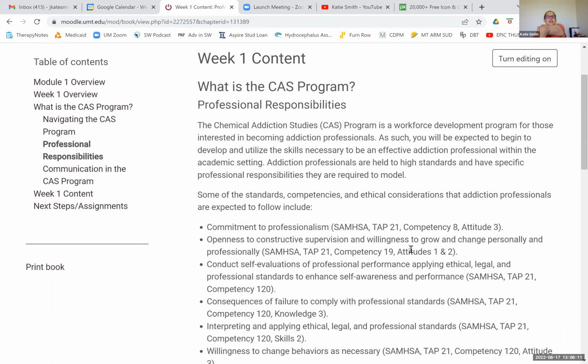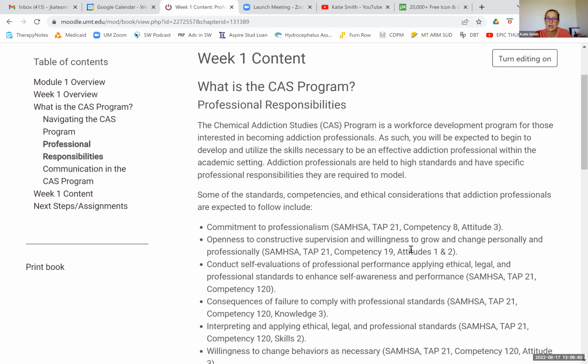But for now, here are some things to think about as we are navigating this program and working in all of your CAS courses. This isn't just my courses. The other CAS courses expect you to follow these professional responsibilities. We expect you to start developing those today. We don't expect you to be fully actualized in this process. You are a student and you are learning, but you need to know that these are the expectations.